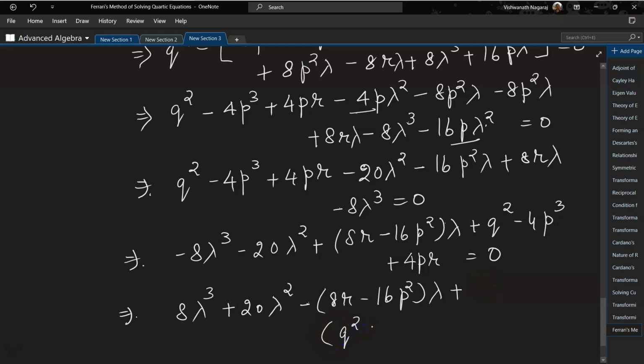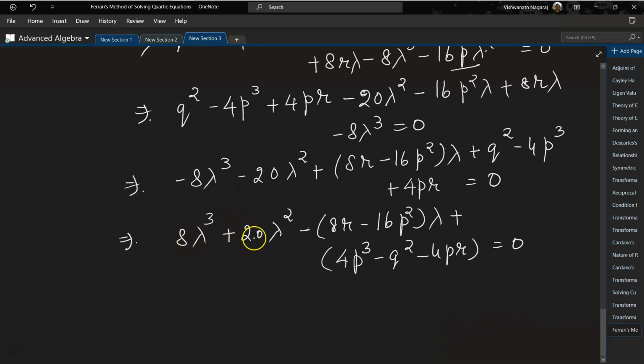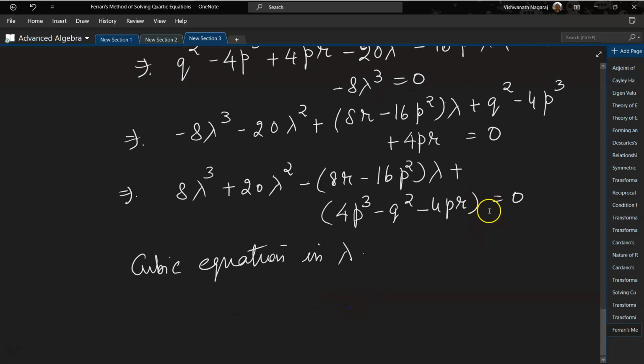So q square, so sign has to change. So let's bring this front, minus q square minus 4pr equal to 0. Okay, minus plus minus plus plus minus plus minus minus plus plus minus. Okay, so this has to be solved now. So we have a cubic equation in lambda, and we have already seen how to solve a cubic